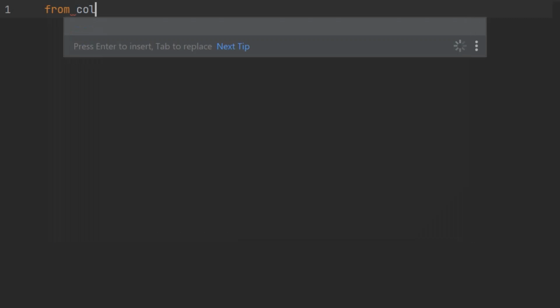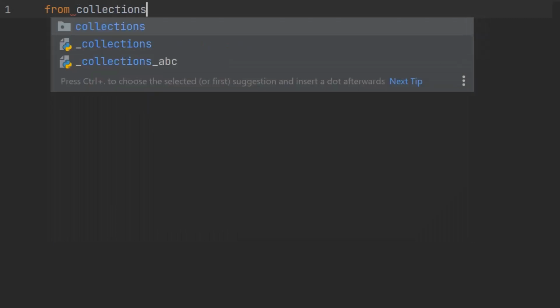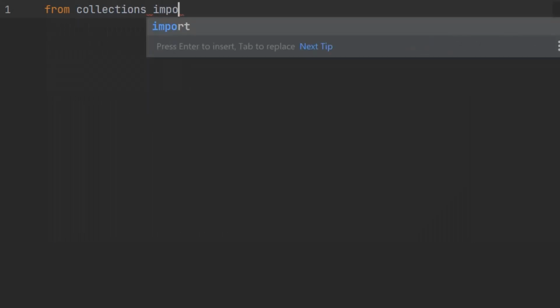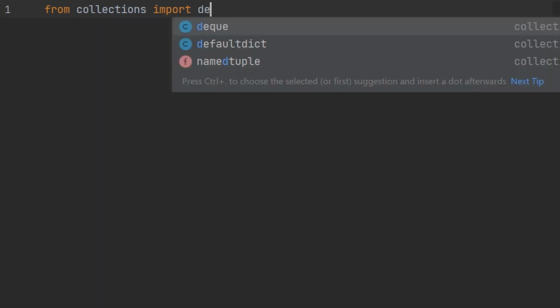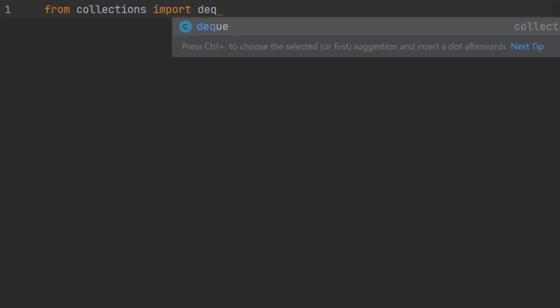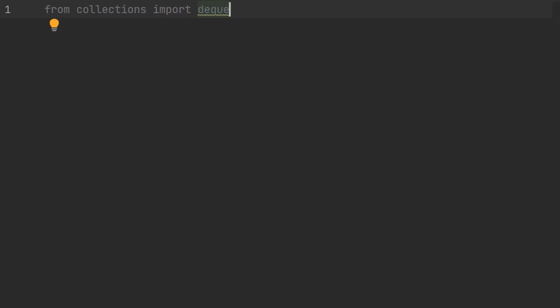Now let me take you to the next example in which I'm going to wrap up the classes, methods and objects for implementing queue in Python. Here again I start with from collections import deque, which is a double-ended queue, which has the feature of eliminating the elements from either end. Here I'm declaring a class with the name queue. I have declared the class, and now I start with a constructor function for declaring the queue variable.